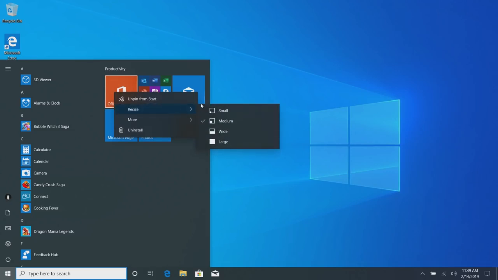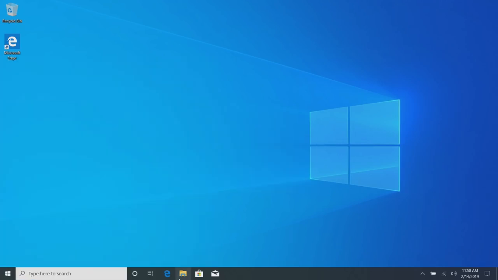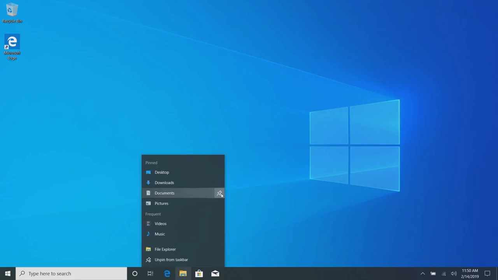So it's very hard to see here, but there's a subtle blur effect behind these context menus now, in addition to a hovering effect which is called reveal, and it follows your cursor around certain elements. You can see here that there's like a light effect that's following my cursor, and it looks fairly nice. And those same blur and reveal effects are available in jump lists in the taskbar area as well, so it looks very nice here. Again, you can see that reveal effect following my cursor around, and if you've paid attention